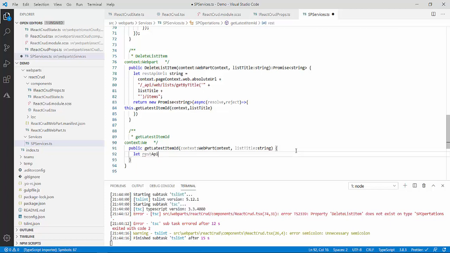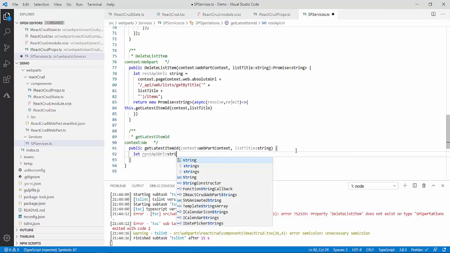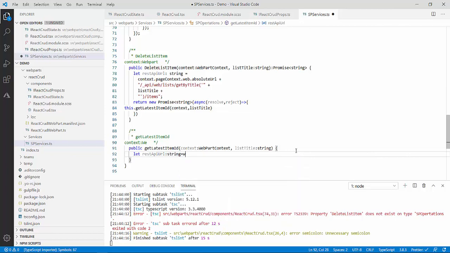Again, let REST API URL of string type. So again, this.context.pageContext.web.absoluteUrl, and after this /_api/web, and don't forget to put this slash, lists, same URL.